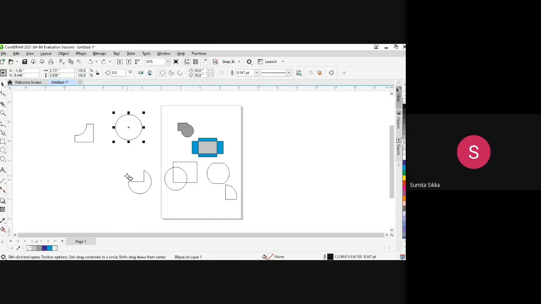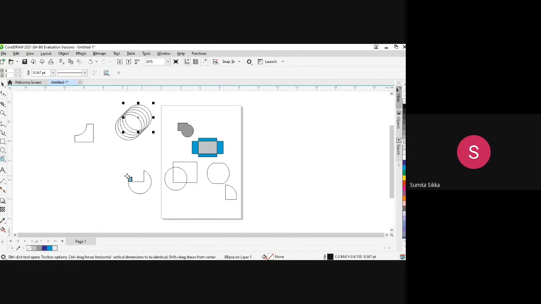If I duplicate, it will be placed a little bit away from the original one. If I copy paste, it will be placed exactly on the circle where it is presently. Just see the difference. If I say Control D, Control D has duplicated the circle, but it is placed at a little distance. And when I keep on repeating Control D, there will be even distance between the copies, right? So this is Control D.